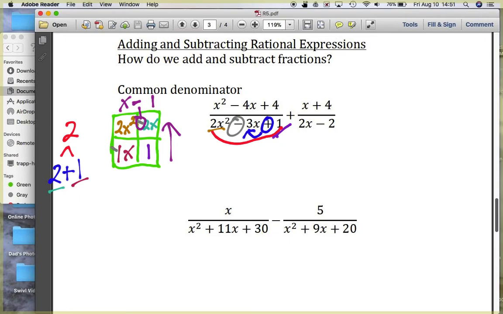And you always listen to this too so that you can hear me say it, so that we try and avoid as much confusion as possible. Okay? Then I'm going to factor across. So 2x squared and 2x have a 2 and an x in common, right? And then once again, I pull that sign out, whatever it is. Then 1x and 1 share a 1. So my bottom factors to